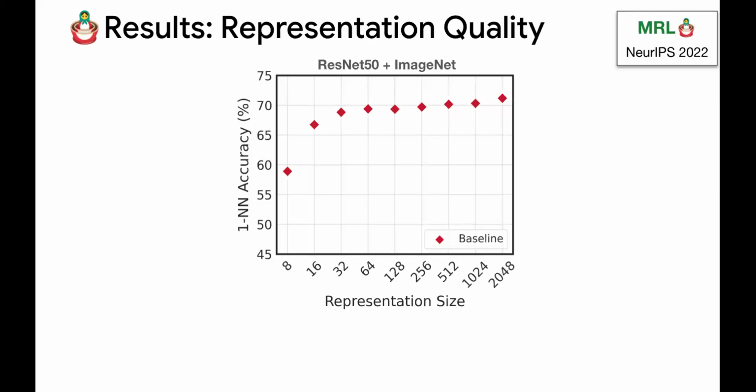So each of the red points is independently trained, completely to saturation. And these are the best possible numbers you can get if you were to train an 8-dimensional embedding from scratch on this data with this architecture. And if you take the largest 2048 dimension and add a projection on top of it, some sort of rotation, some sort of SVD or PCA, it holds up accuracy quite well until 128 dimensions, and then it falls off. So a linear-ish transformation on top of the 2048 dimensions, after a point, cannot capture the nonlinear dependencies between all of these components. So it just falls off a cliff as you go down to lower dimensions.